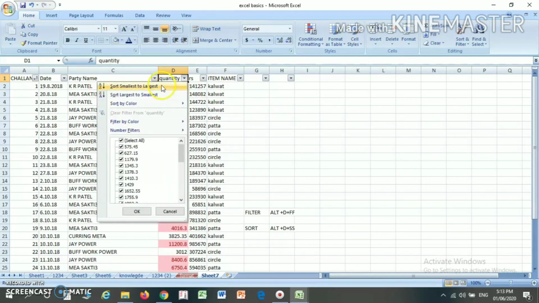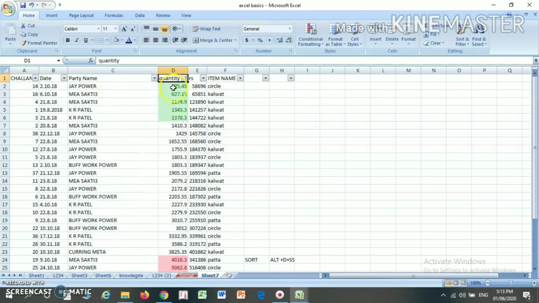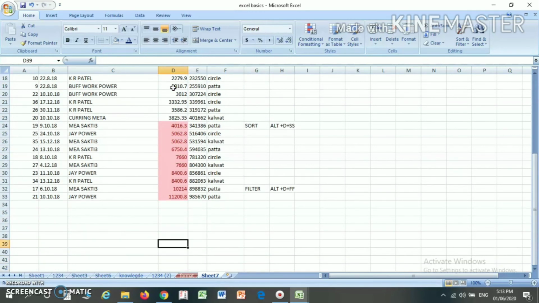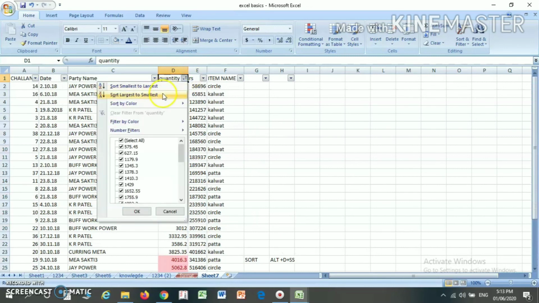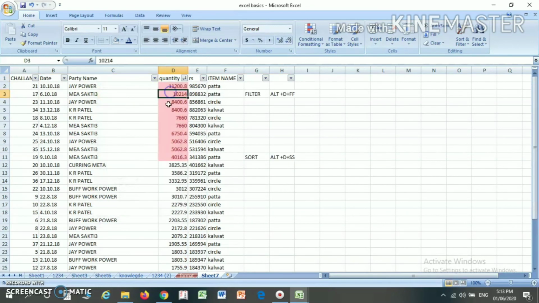You just click here, where there is sort smallest to largest. All the small amounts will come up and the biggest amounts will come at the end. You can also sort from largest to smallest by clicking here. So in this way you can use the sort function.